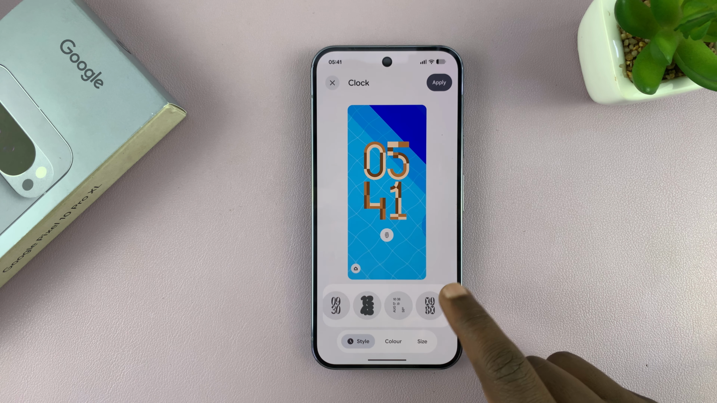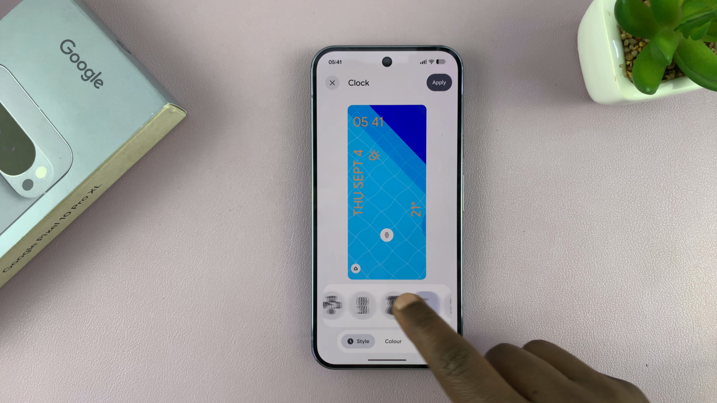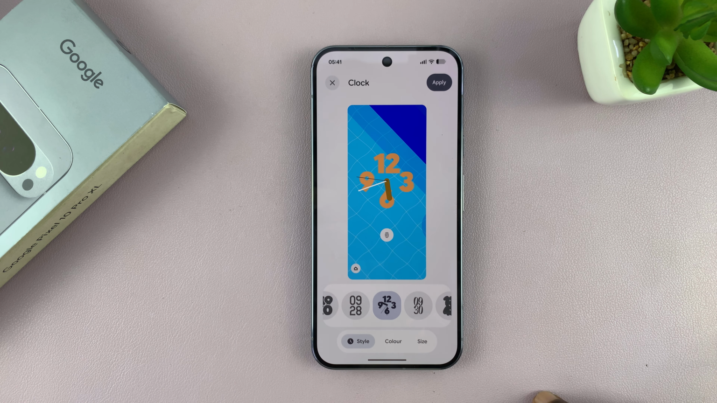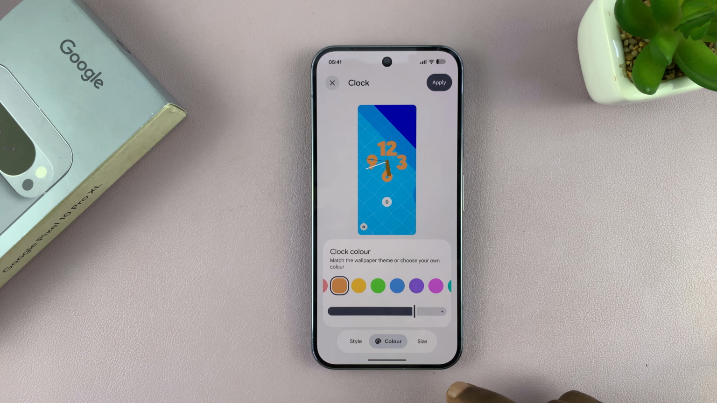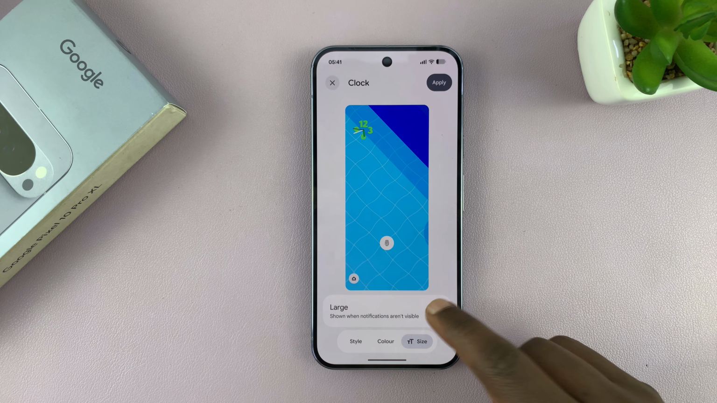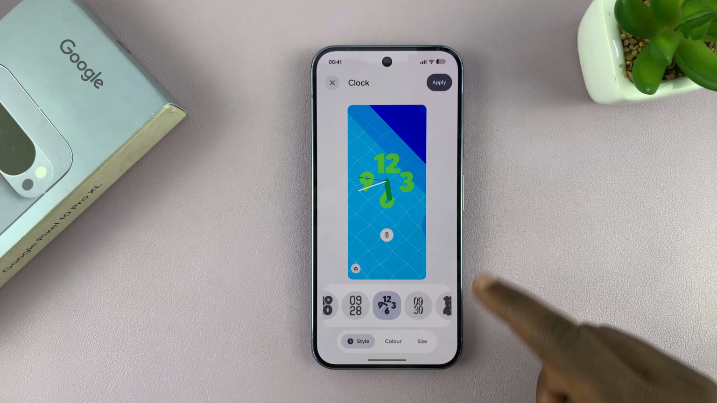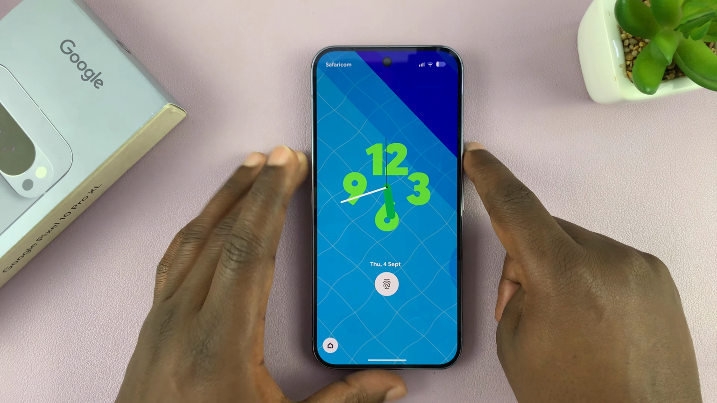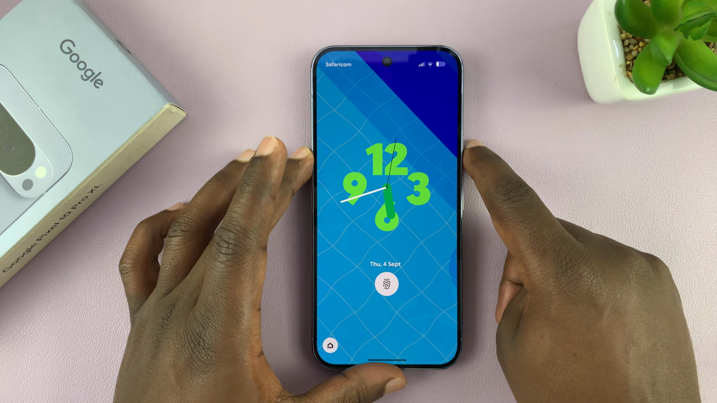All right, so you have all these different clock styles. Let's, for instance, pick this one or even this analog one. Okay, now once you pick it, you can play around with the colors and the size. So maybe you want the smaller size or the large one, and then tap on apply. So that's going to be a new lock screen clock style, but also it's going to be a new always